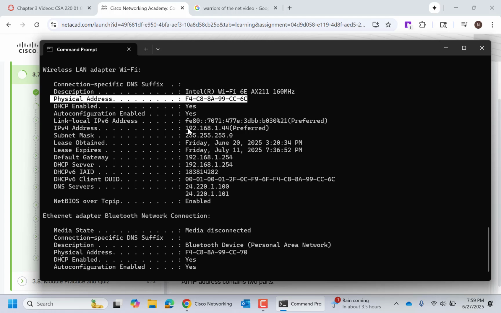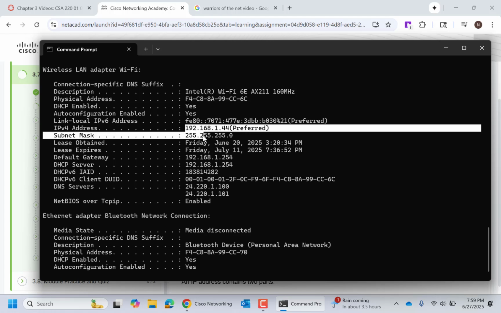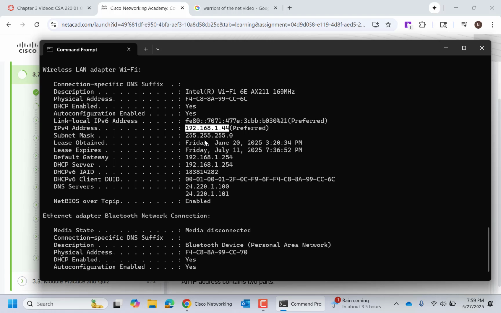I'm going to go back to the IP address here real quick. So I see 192.168.1.44, and then I see 255.255.255.0. What this tells me is my computer is on the 192.168.1 network, and I'm the 44th computer on that network. The 192.168 and 1 match up with the 255s, and the 44 matches up with the 0. Again, what that tells me, and we'll get to this, is that I'm on the 192.168.1 network.